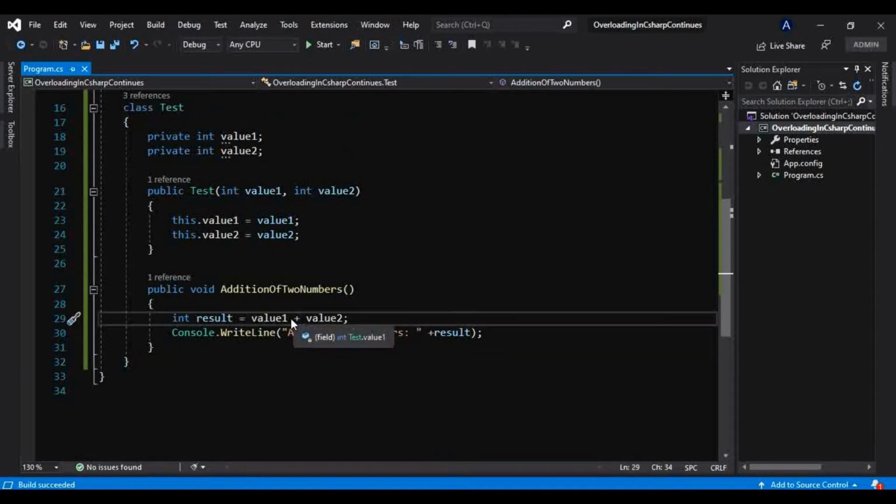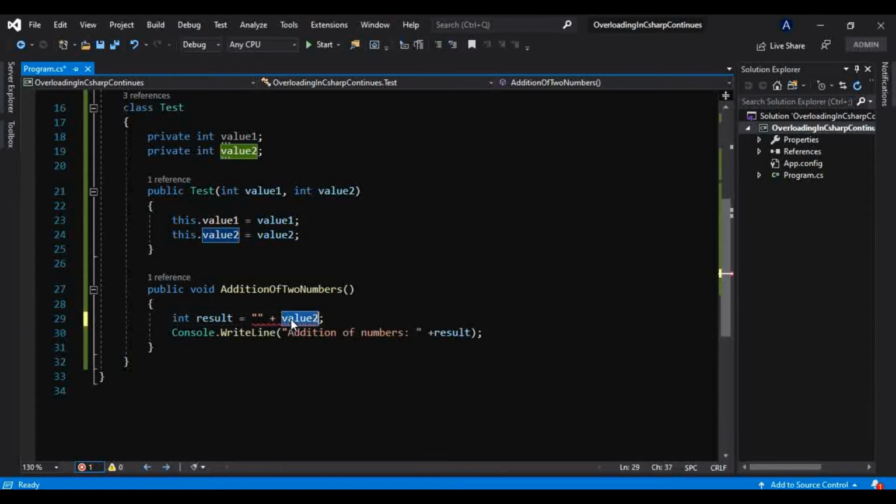Now I want to tell you that this plus operator is a predefined operator that we can use with value types only, or what we can say, only with built-in types, as well as non-user definable types. So we know string is a reference type, but that is non-user definable. We cannot define a string, like a class we can define. All that we have learned in previous tutorials.